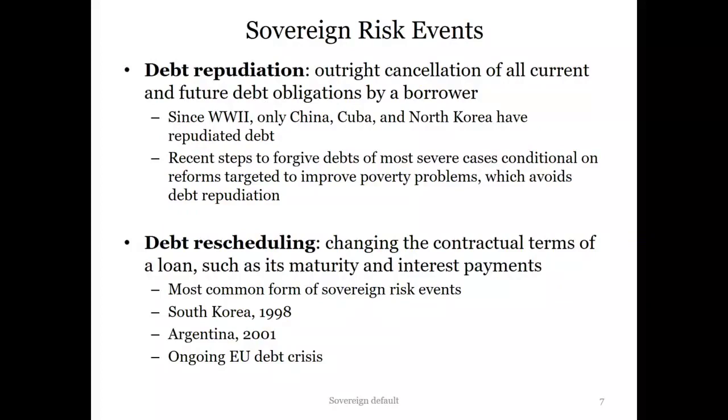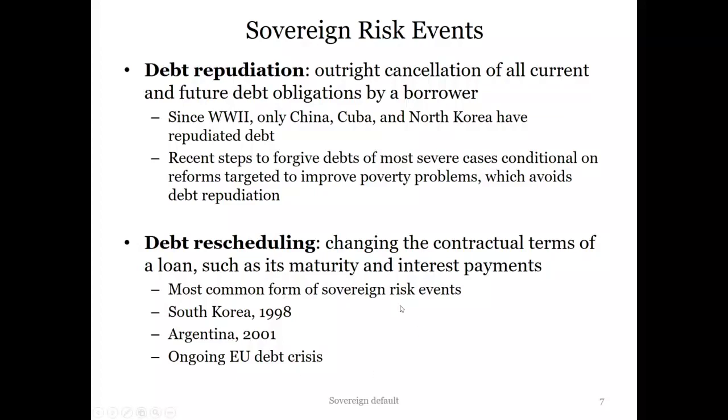And when a country claims a default, there are usually two things that can happen. One is they can choose to claim a debt repudiation, which is a very, very bad thing. So basically the government says, I refuse to pay any outstanding foreign debts. Okay? This kind of event rarely happens nowadays. Since the Second World War, only 3 countries have declared repudiation, and they all involved a change of government, right? So China, Cuba, and North Korea. After the civil war, they changed to new governments and they refused to pay foreign debts.